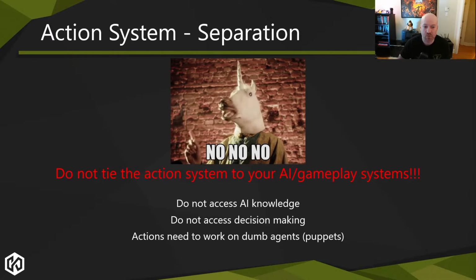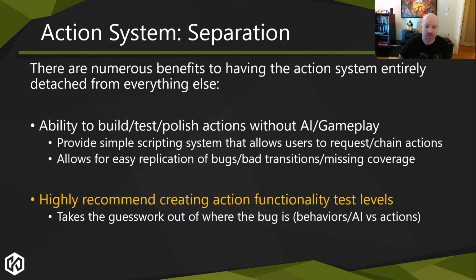Ideally you want to take a character, add the action system to it, and now it can basically be a puppet. That's the goal with this sort of thing. The reasoning is you want to be able to build all of these actions completely independently from one another, and you want people to be able to test them. So you want to provide a very rough scripting system where you can request an action. Then you give this off to the animator and say, hey, this is how you can request a move to, and this is how you can chain move tos.